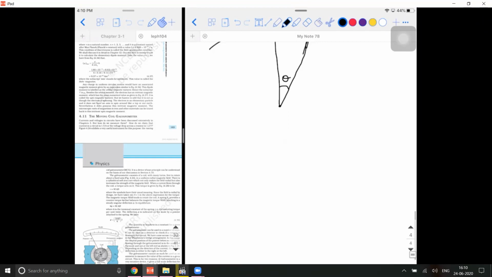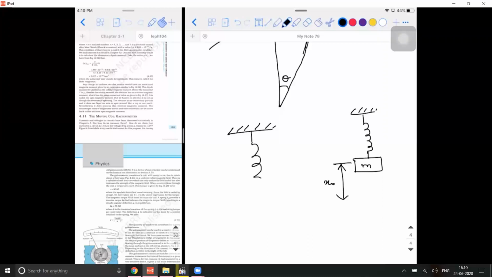Let's take a similarity from this. Let's say I have a spring which is not elongated. When I suspend a mass to it, it gets elongated by a distance x naught. What should happen immediately after I remove this m? The spring should develop a force within itself. A restoring force will be created, which is kx, which will try to bring back the spring to its original position. Sometimes it might succeed, sometimes it might fail, depending on the nature of the spring.